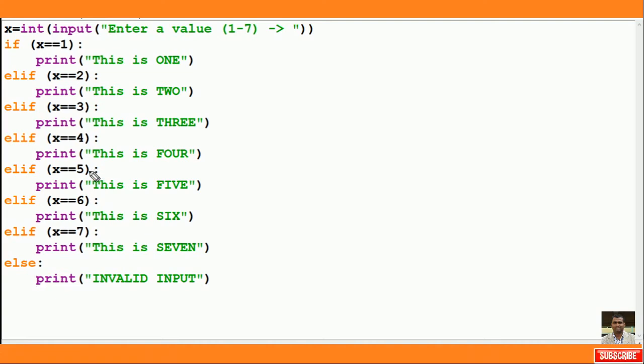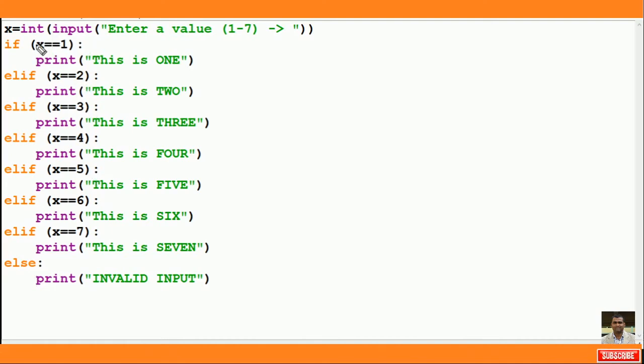Integer type, correct. Tell me the possible values of that variable for which you are going to write a condition. The values are 1, 2, 3, 4, 5, 6 and 7. These are my possible values.